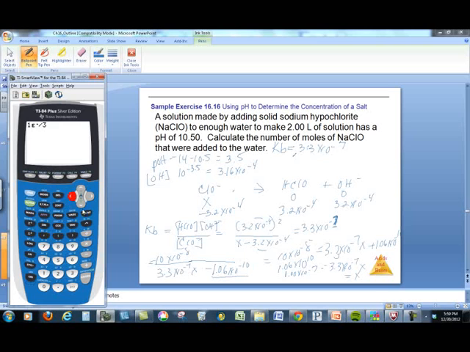Oh man, I think I'm getting too tired. 1 EE negative 7, divide by 3.3 EE negative 7 equals 0.3, it's 0.30. Okay, so that's the concentration